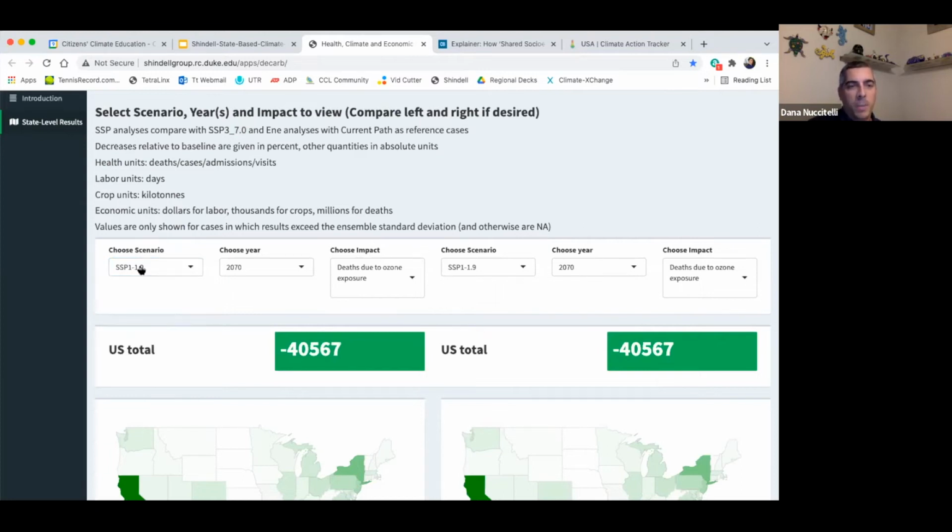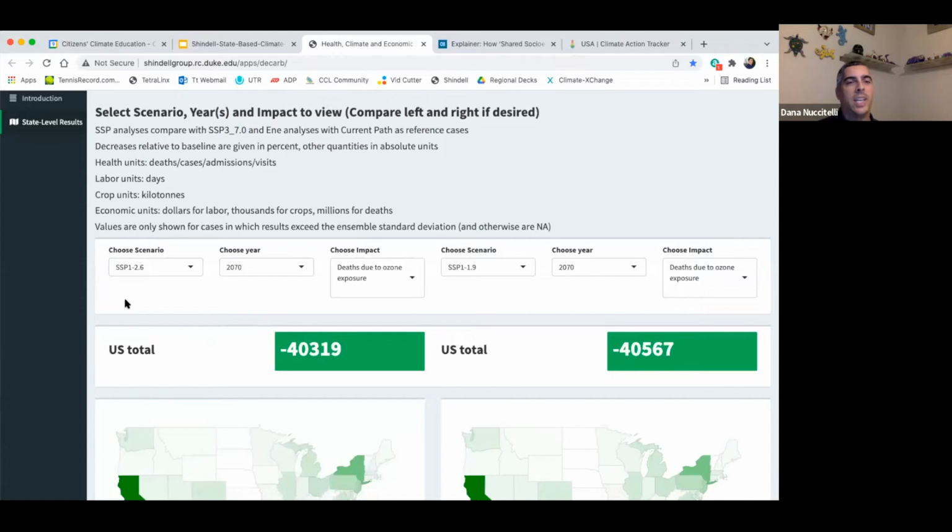So that's the smallest number, and it's SSP1, which means it's one of those green scenarios. This is our best case scenario. This is a path that's consistent with the Paris 1.5 degrees Celsius target. So if the US were to take enough policies to get in line with the 1.5 degrees Celsius target, then SSP1 1.9 would be the relevant scenario you want to look at. The one that I look at is SSP1